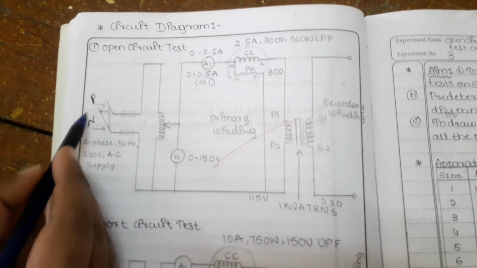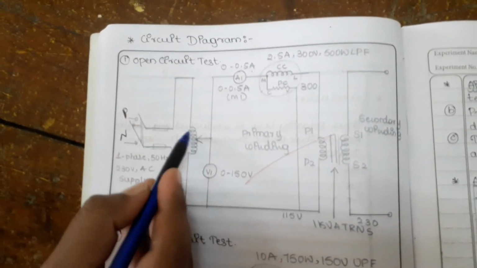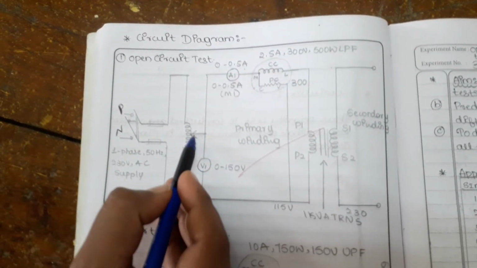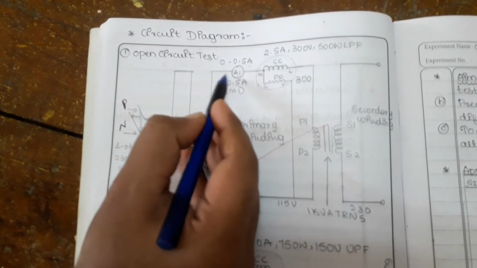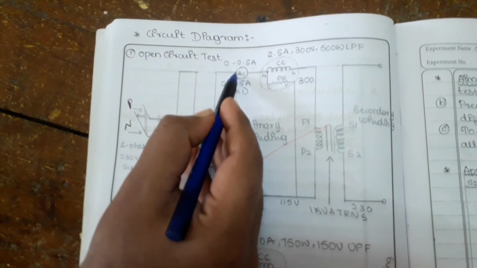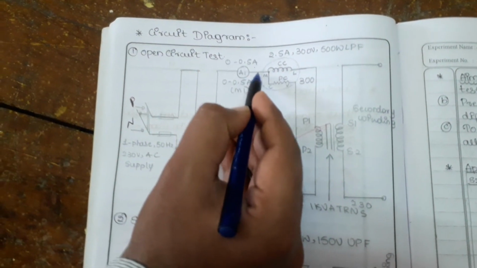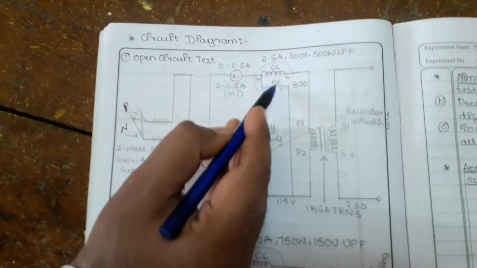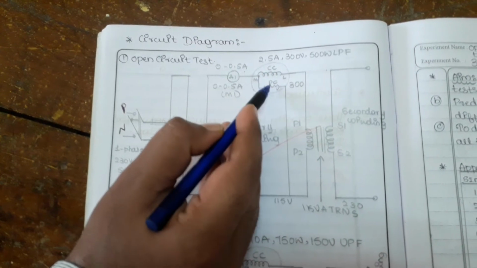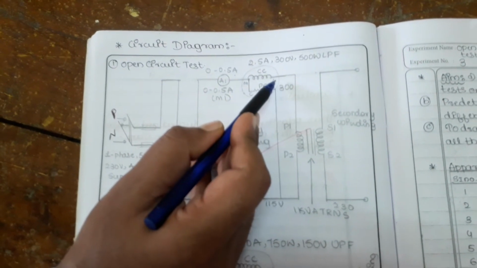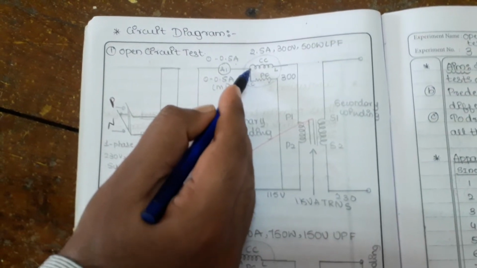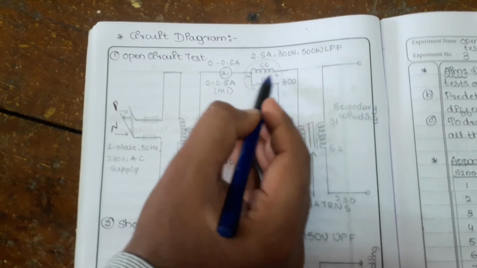Let us see the connection flow diagram. Initially we take the power supply from the board, and that is given to the single phase auto transformer or dimmerstat. Then the connection from the dimmerstat is connected to one terminal of the ammeter, and the other terminal of the ammeter is connected to the wattmeter. The current coil and potential coil indicated here belong to the digital wattmeter we are using. One end of the ammeter is connected to terminal M, and the other terminal of